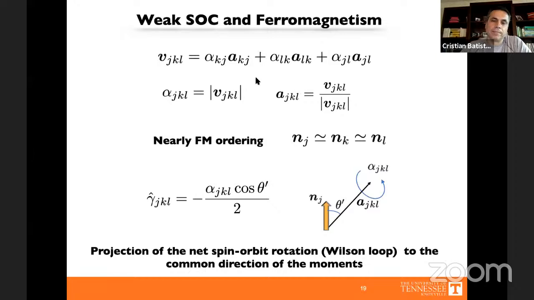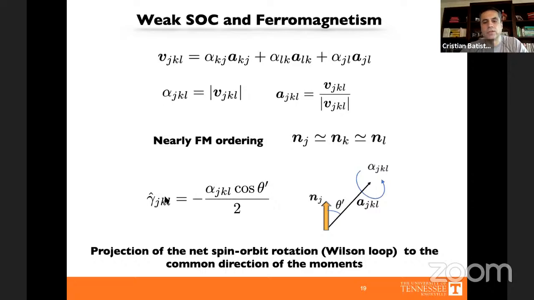And again, because I'm assuming that the spin orbit coupling is weak, to first order in the spin orbit coupling, the rotation axis will be simply given by this sum, and then the normalization of this sum. So it's basically this axis. And what you can get, again, if you use the formula that I just derived, is that the